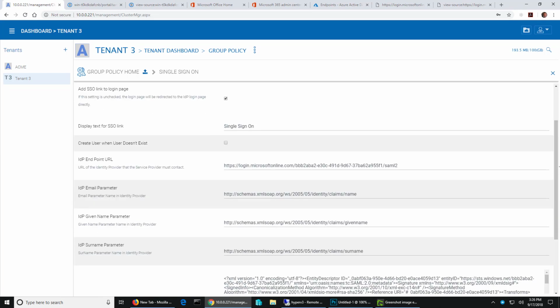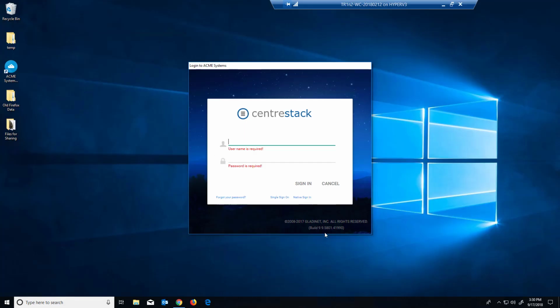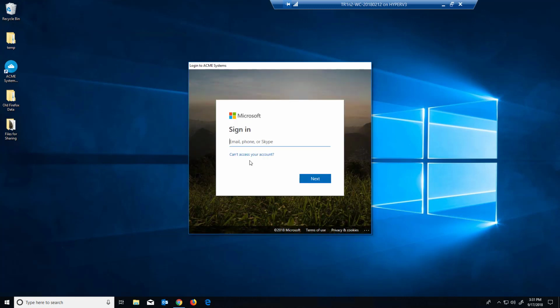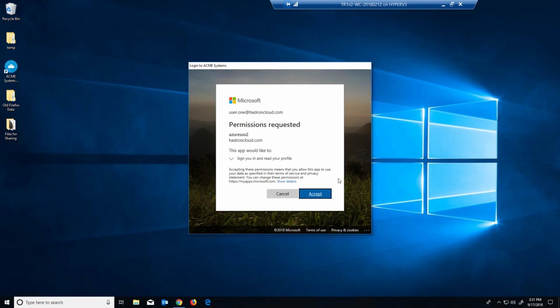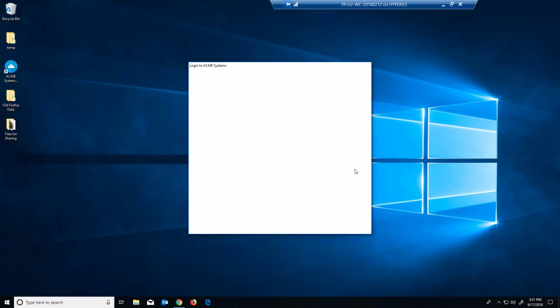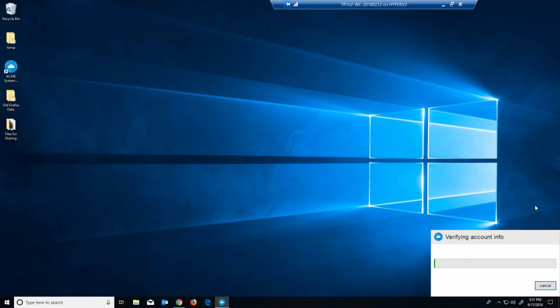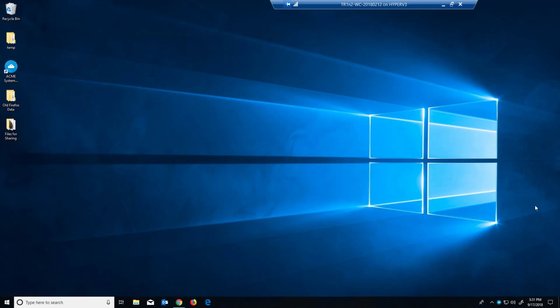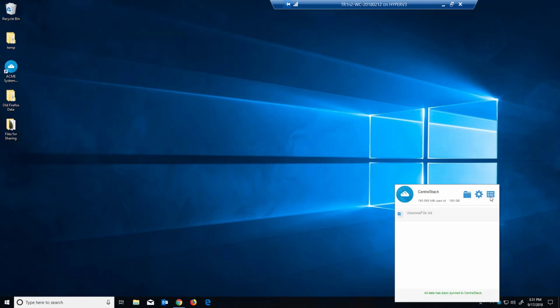So that single sign-on app has been connected to our server, and now I'm going to choose single sign-on in my Windows client, and I want to log in with my Microsoft credentials. So I'll get my password in there, hit sign on. I have to answer this request and accept it. And now I have logged in to the portal with my Microsoft credentials, and we're all connected,